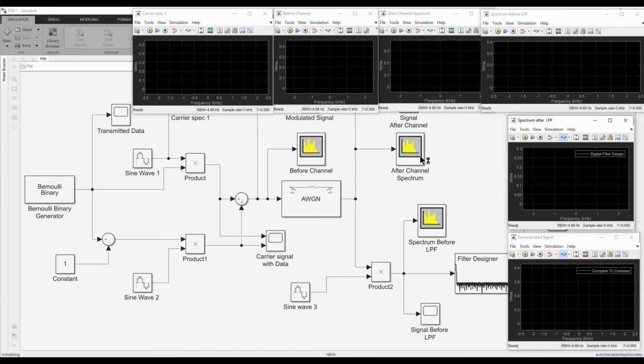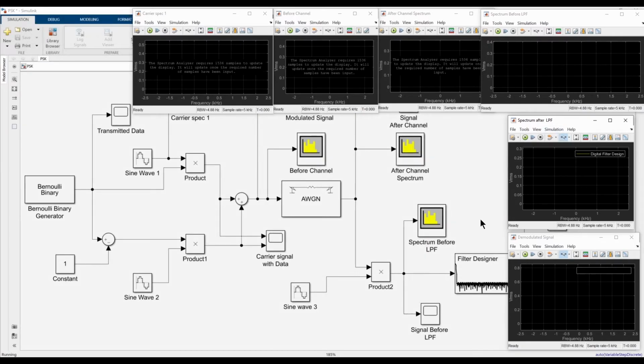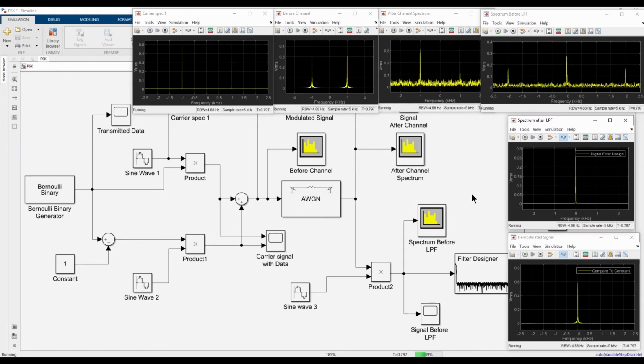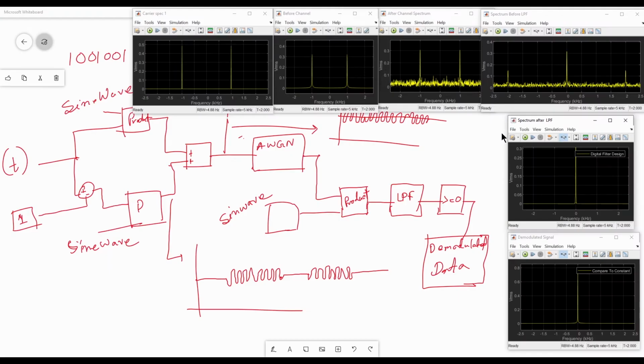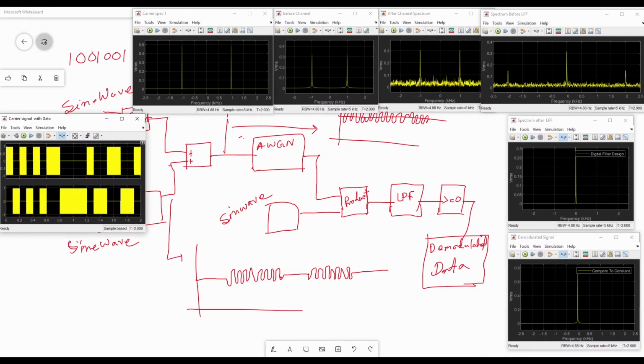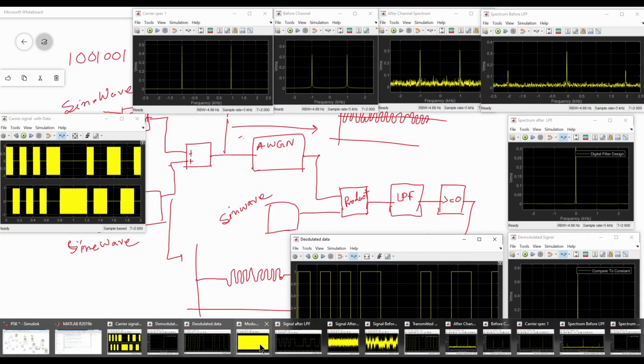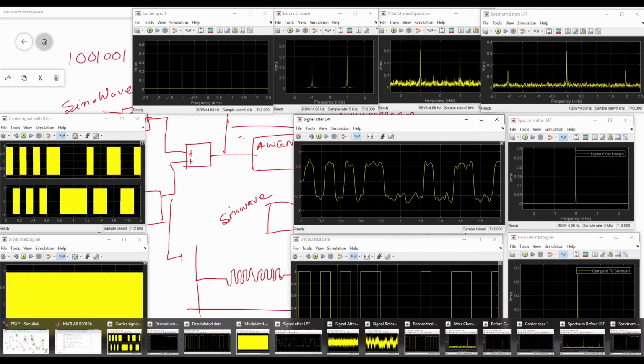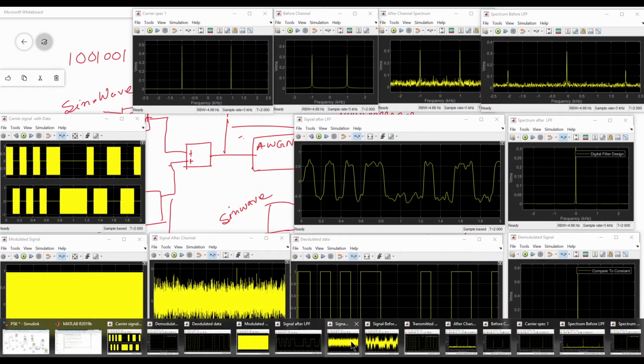So it will take some time. If you use more spectrum analyzers, it will take much more time. And if you don't want to see the spectrum, it's okay, you can always comment out this one. So this is the simulation, and if you want to see all the data,